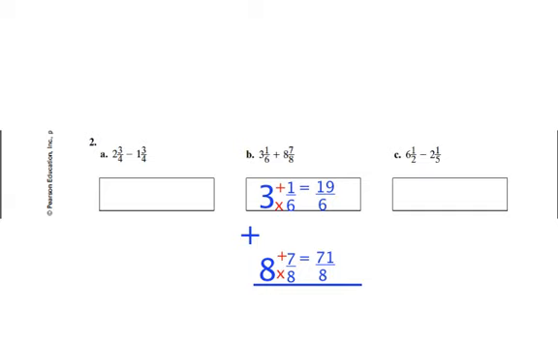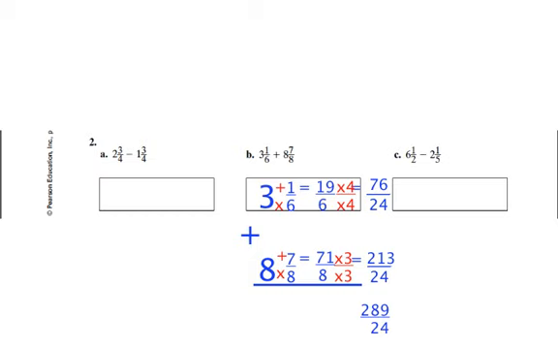Now we have to find a common denominator. The common denominator for 6 and 8 would be 24. We're going to multiply 19 over 6 by 4 over 4, so we have a common denominator of 24. And we're going to multiply 71 over 8 by 3 over 3, so that we have a common denominator of 24. 19 times 4 is 76. 71 times 3 is 213. 76 plus 213 is